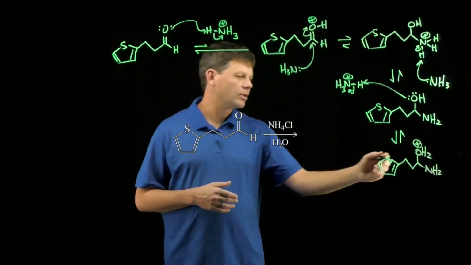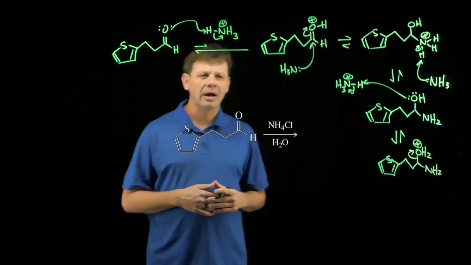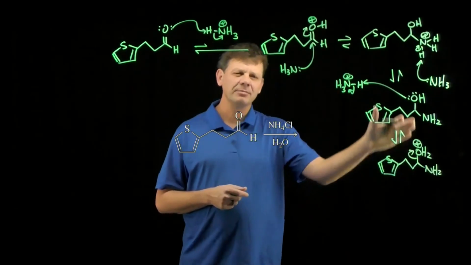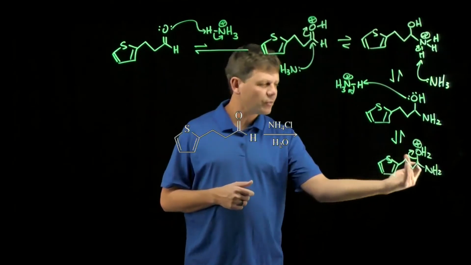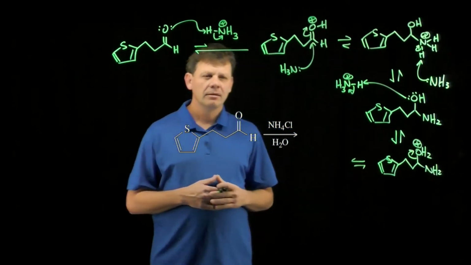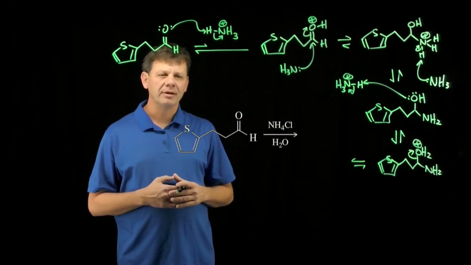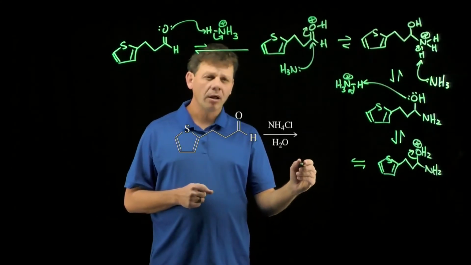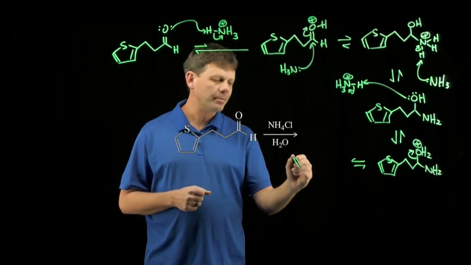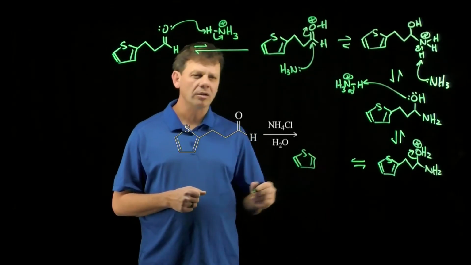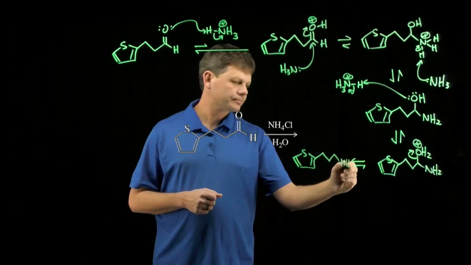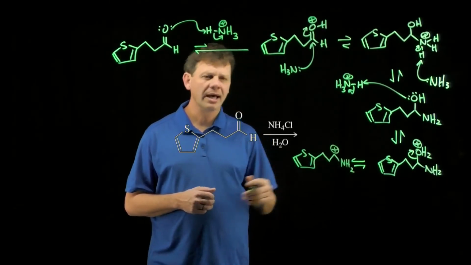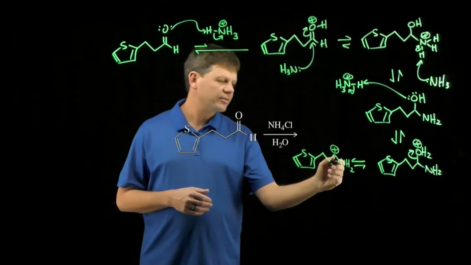Water is present, which is a good leaving group. We wouldn't expect this acid-base reaction to be particularly favorable either, but even if a little bit of this forms, it can react further by having water leave. Now, when we draw the product of this step, we're going to start to see why all of this makes sense. Because if we get to here, and we draw the carbocation here, what we notice is that this carbocation